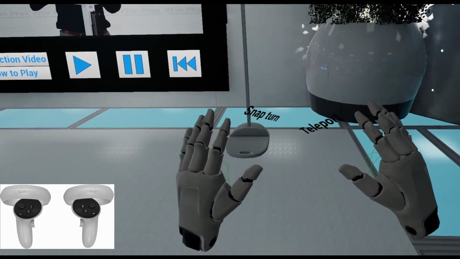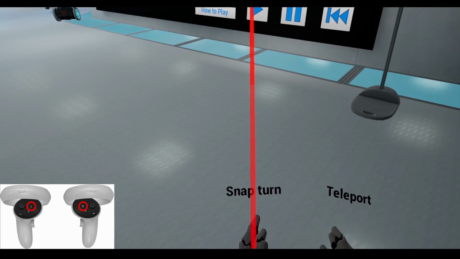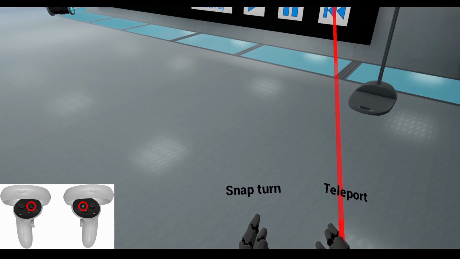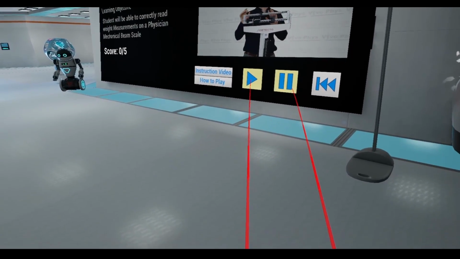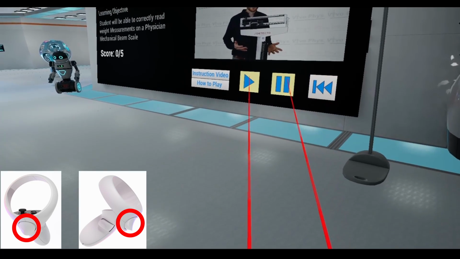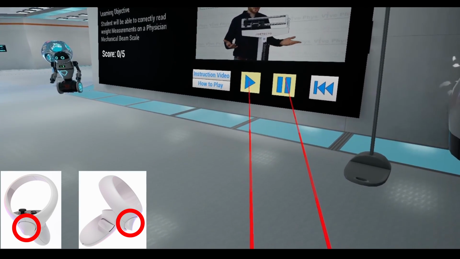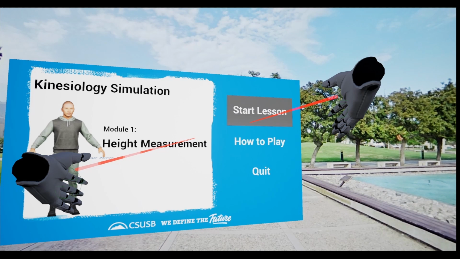When you face the menu, you can click the right controller button B or left controller button Y to enable a red beam, which can quickly help you to interact with the menu buttons. When you use the red beam to target the on-screen menu button, you can click the front trigger button on either controller to make a selection. To get started with the lesson, you will need to select the Start Lesson button to be automatically teleported to